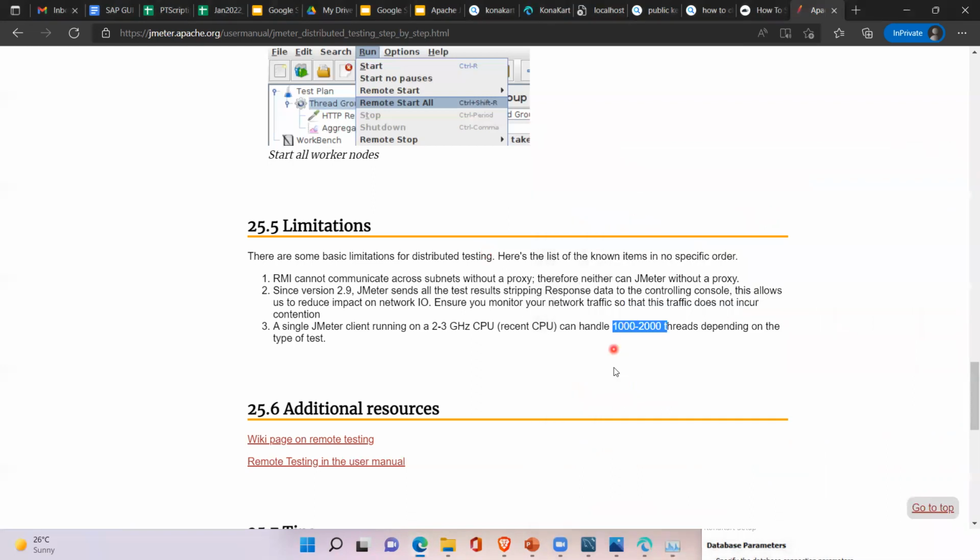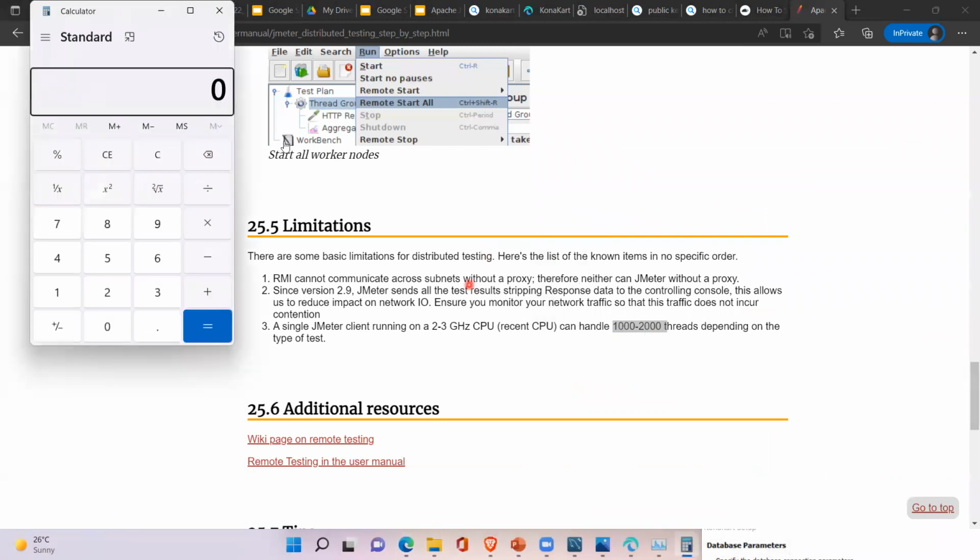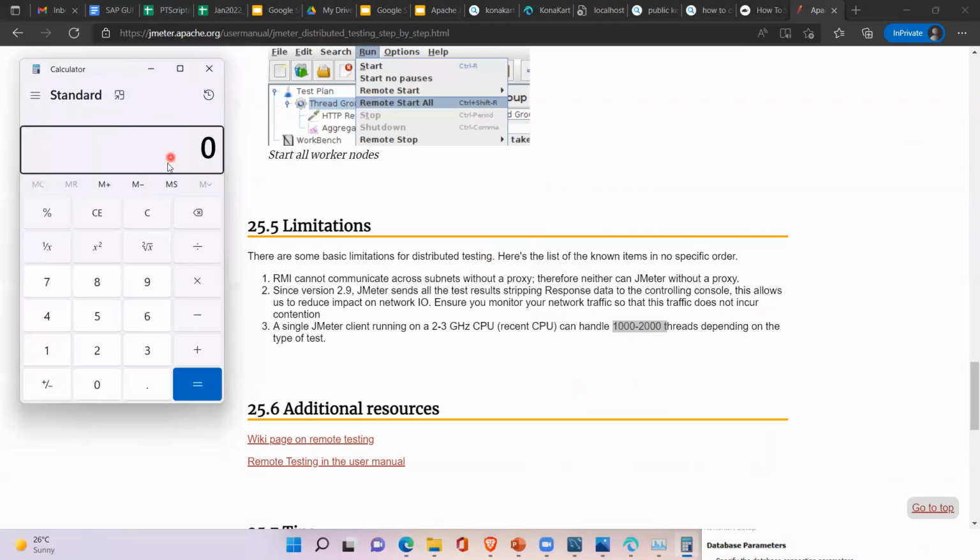Right now, suppose you are running with 2000 users. Let's say each user is taking 10 MB. Simple calculation. Sorry, I gave 20,000 instead of 2000.